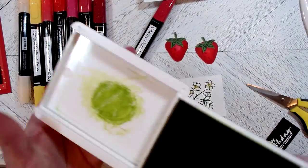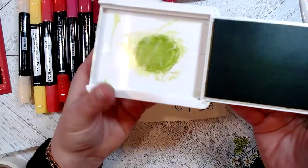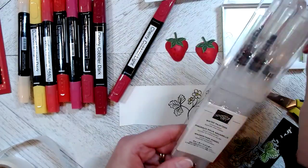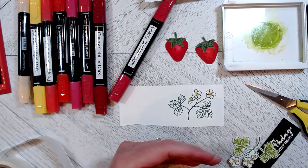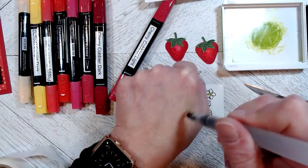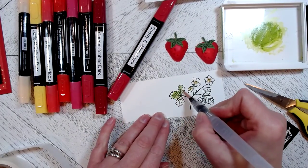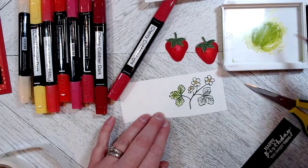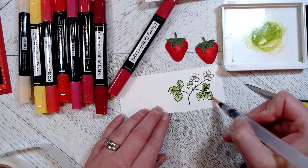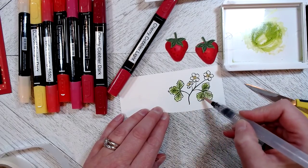And all I did was I squished my ink pad together like this, and it leaves ink on the lid. So we're going to use one of these new water painters, and your brush doesn't need to be very moist, just a little bit. It doesn't need to be soaking wet. But I'm just going to willy-nilly color in the leaves, and you don't have to color them in completely. It's just shading, right? Because the leaf in nature is not always